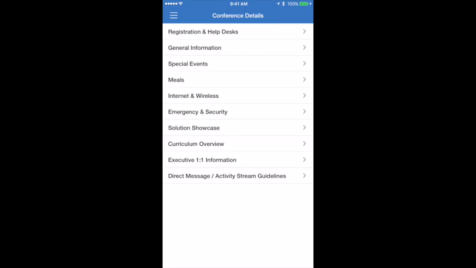So anything about special events, registration, help desks, internet and wireless, consider this a pocket event guide for you in